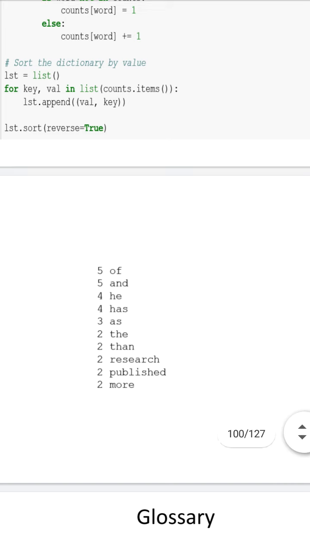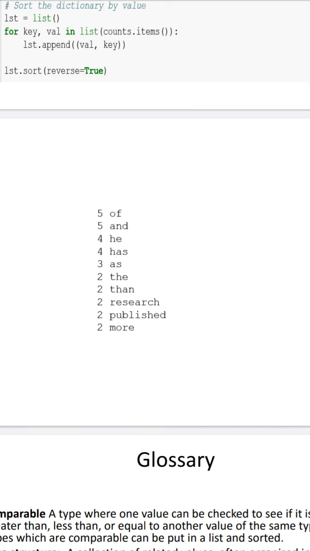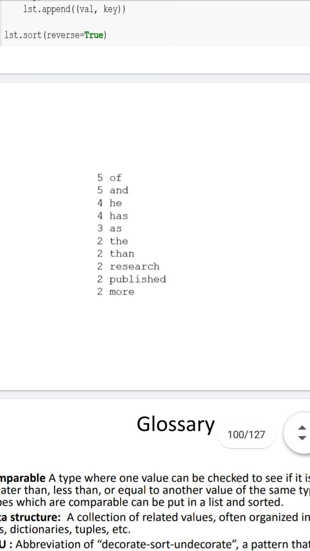Similarly, for the next rows, if you observe, again we have the same value 4, 4 and 4. Due to that, again the sorting is based on the word, and the ASCII value of "he" is greater compared to "has", because it compares only character by character. When it compares H and H, they are the same, and then it shifts to the second character from both sequences. Then E is greater than A, hence it prints "he" first and afterwards "has".